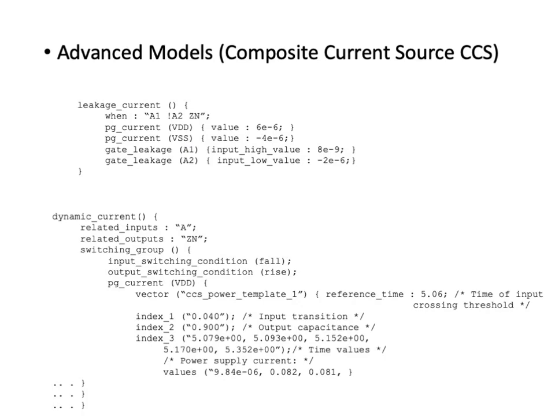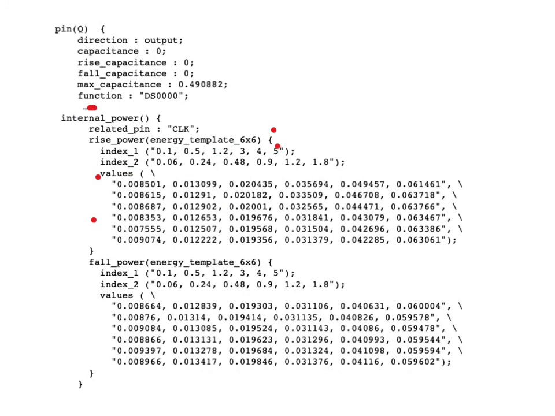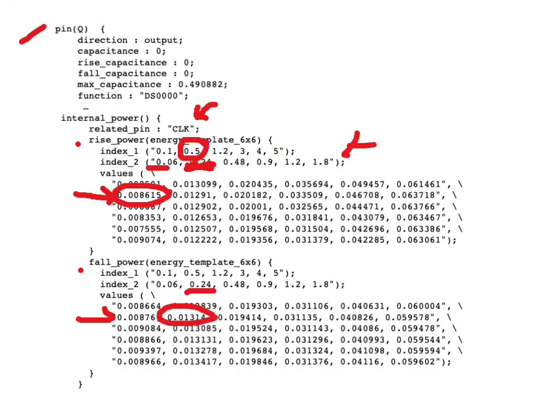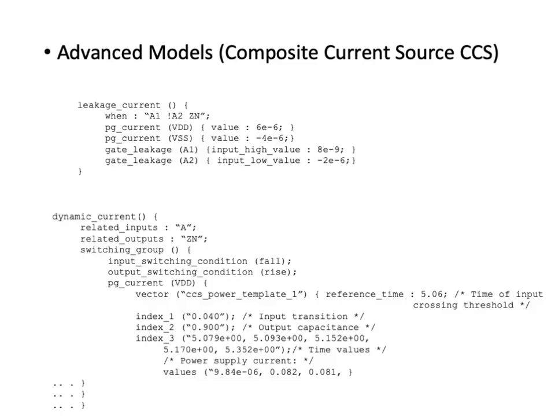Now, to conclude this lesson, although the method of specifying a table of energy values consumed during the dynamic switching is a common method, if you were to size the gate of the flip-flop at an output capacitance that is somewhere in between what has been specified here, you would simply perform an interpolation between the table values. There are more advanced methods which give you more level of detail that can be applied to simulations, and these advanced methods of specifying